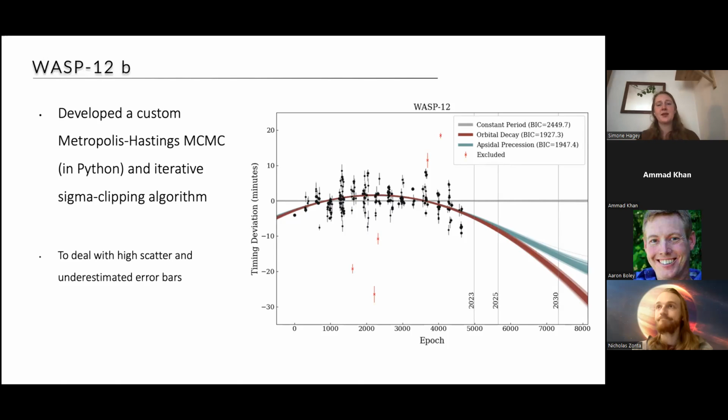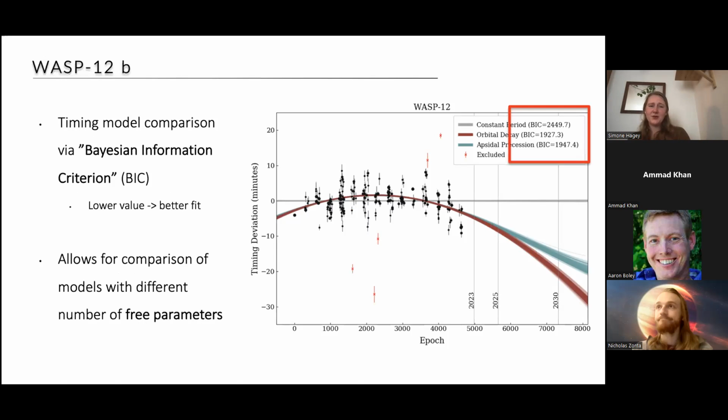the residuals. Now, we developed this custom routine carefully because there is a lot of scatter in this data, and it's clear that probably some of the uncertainties are underestimated. So we took a careful approach to make sure that we weren't introducing any trends or clipping them away if they were there. In order to compare the models, the different timing models I introduced, we used something called the